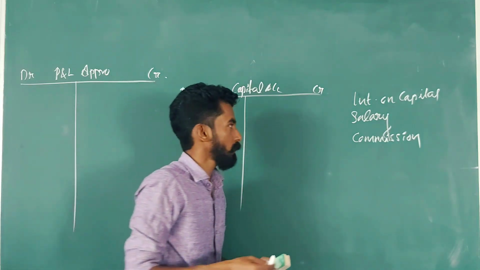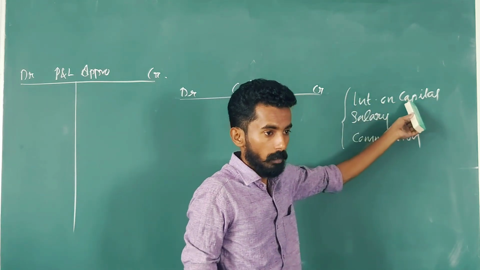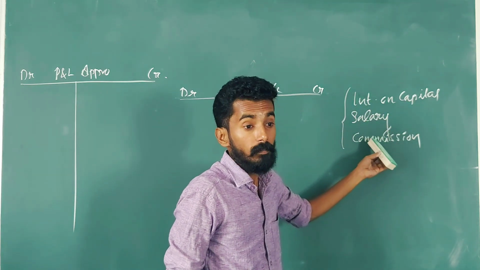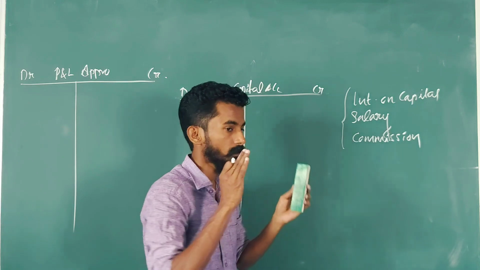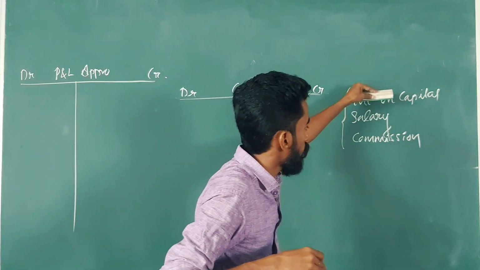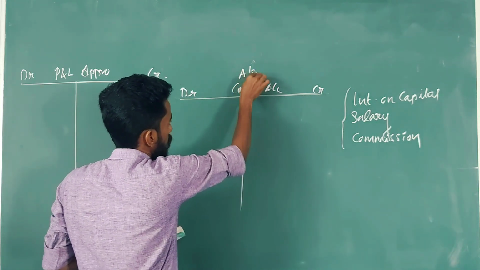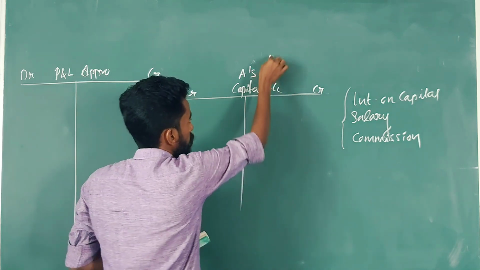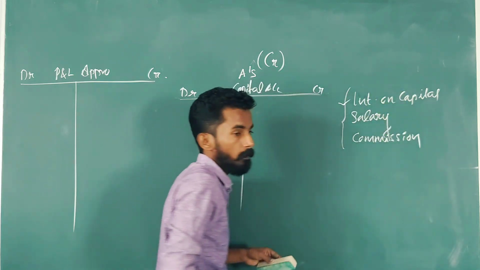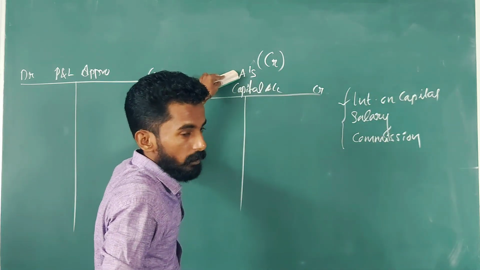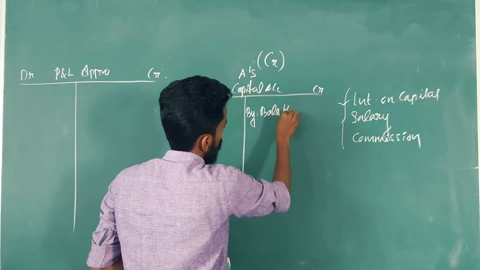Now we are going to discuss the rest of the three items, that are interest on capital, salary, and commission. When we are going to adjust these three items, you have to fix one thing in your mind, that is, the capital balance of partners. Suppose, imagine this is A's capital account. Here it shows which balance? Credit balance. First, the firm is going to give interest on capital to whom? Imagine here A. By balance carried down, we already mentioned for better understanding, brought down 1 lakh.